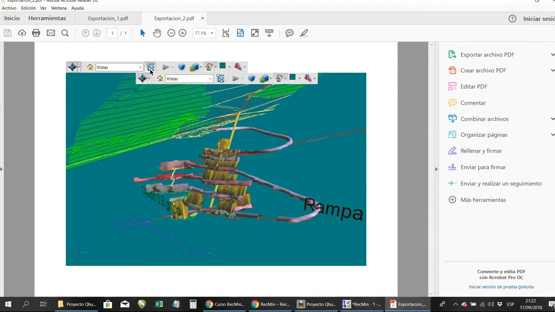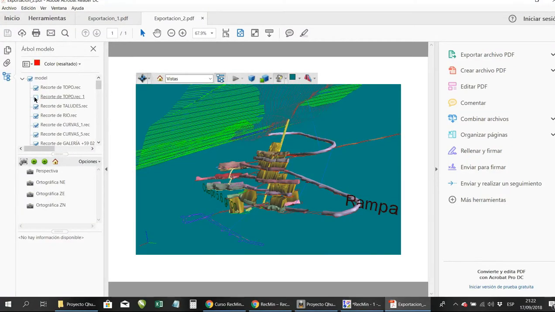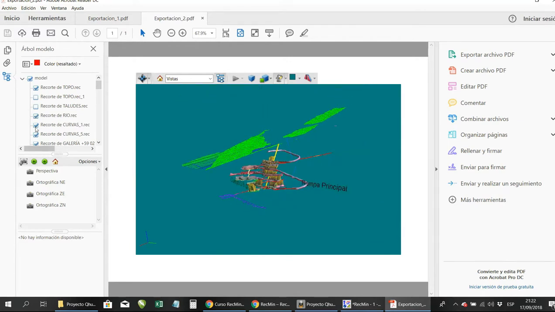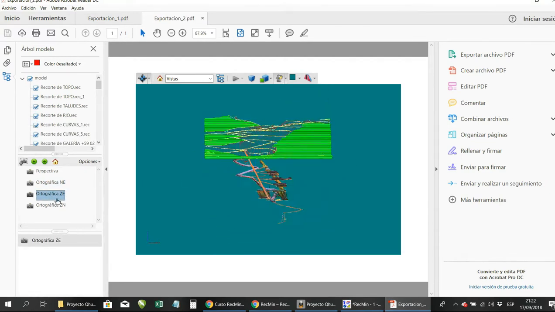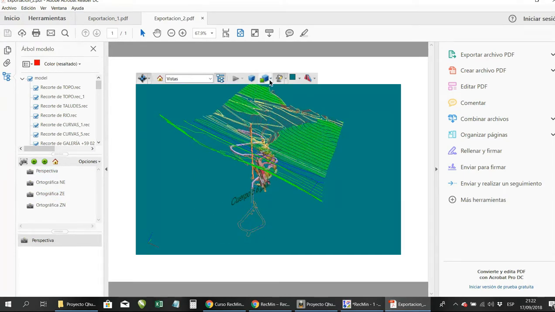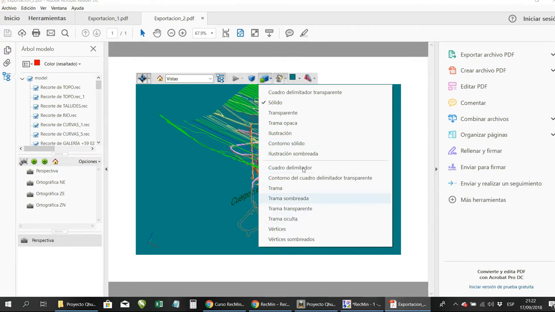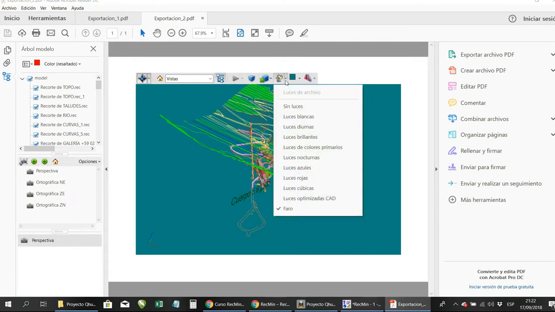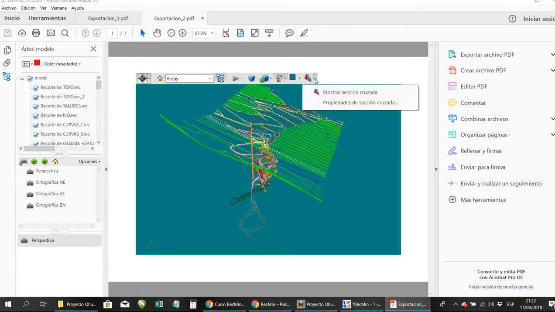Here in 3D PDF, you can visualize the scene tree. You can turn off the layers you do not want to see. Look, you can activate them as you want. You can see a plan view, a Z East view, a Z North view, and a perspective view, and you can do many more things that are already native to the PDF. I just wanted to show you this video so you have an idea of the potential of the new Workman Pro, where you can do this kind of thing, right?